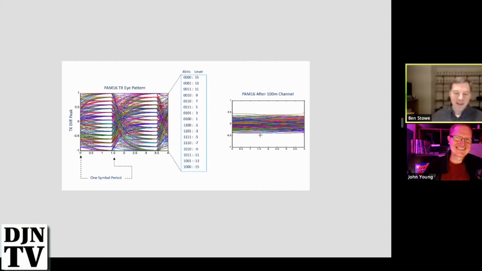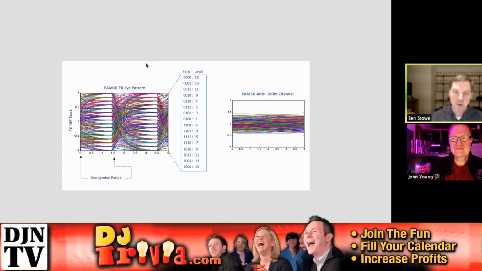Anyway, what we can see here is the way that we can send a lot more data in a given frame. They call it a symbol period, is through using what's called PAM 16. And there's PAM 2 and PAM 4 and PAM 8. But we can see here, this is PAM 16. So by using different levels instead of just simply a 1 or a 0, we can carry 4 bits at a time. So that allows us to carry a lot of data.